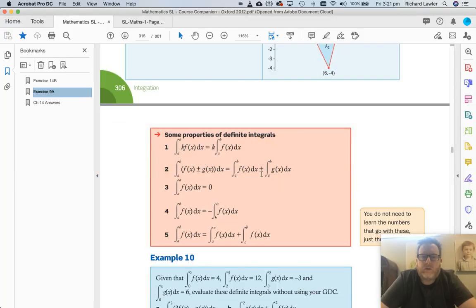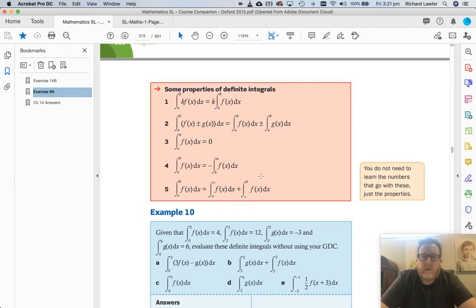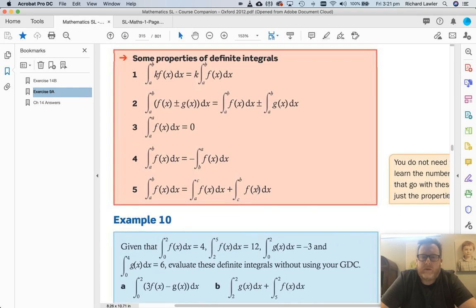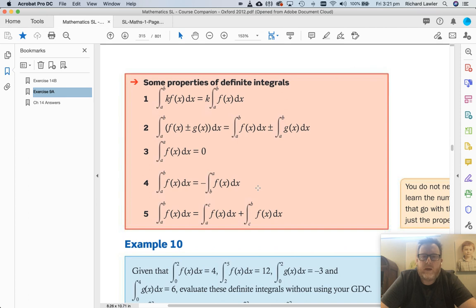Now let me switch over to our textbook, and we'll have a look very quickly at some of the properties of definite integrals. So just a reminder that a definite integral is an integral over a particular interval of x. It goes from A to B. From A to B. So here are 5 properties, and I wanted to briefly just have a look at them